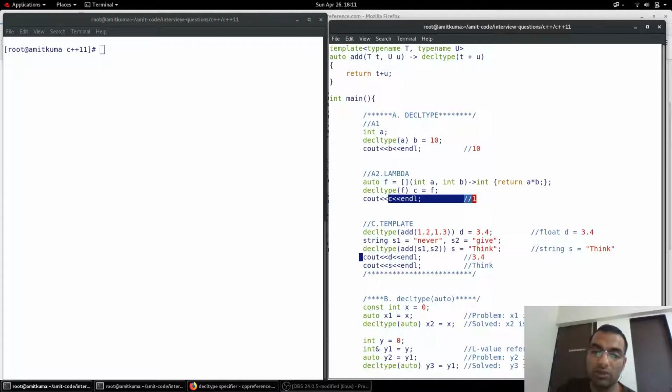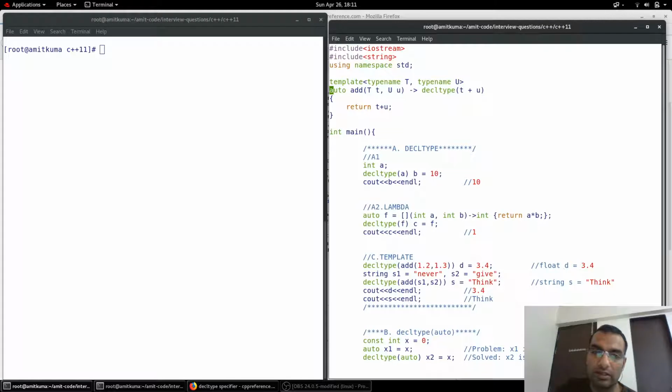Then if we look at templates for decltype, here I have declared a function template which takes two template types, t and u, and returns decltype of t plus u. It means whatever the type of t plus u is, that type is returned.